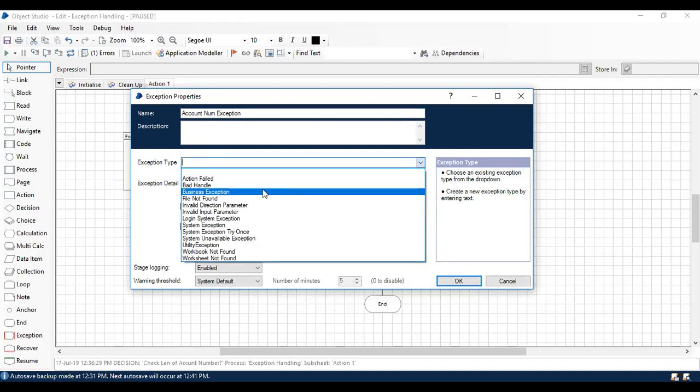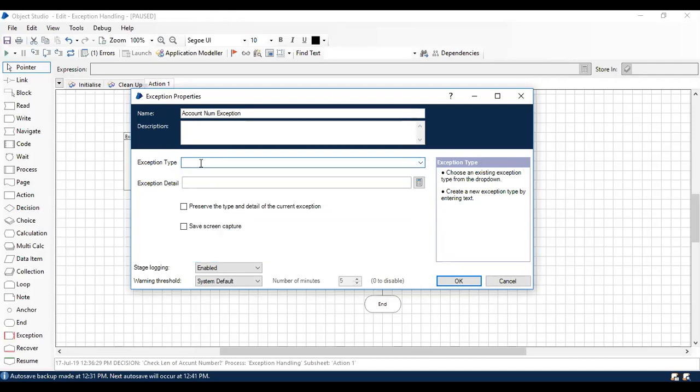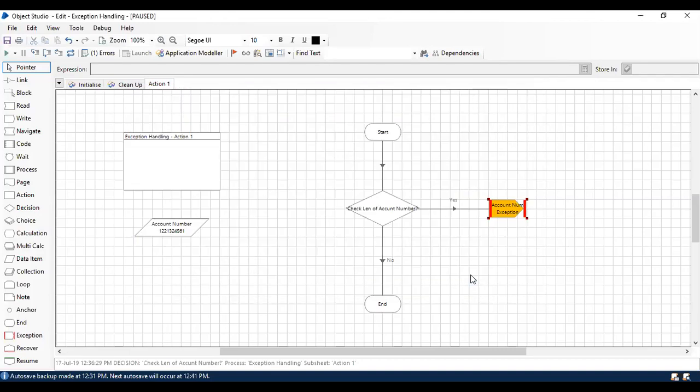If you don't want to use any of the available ones, you can just directly create your own exception type, saying invalid account number, and in the details you can say what the problem is, and click OK.